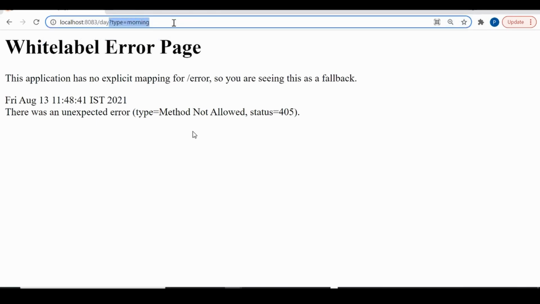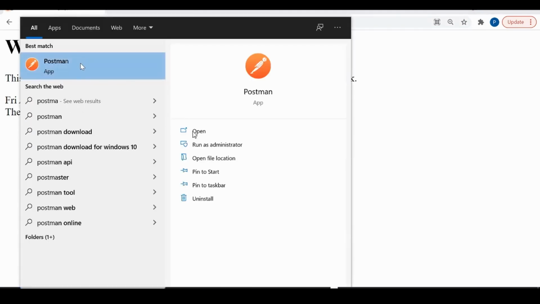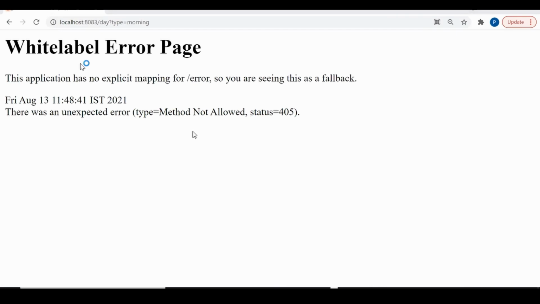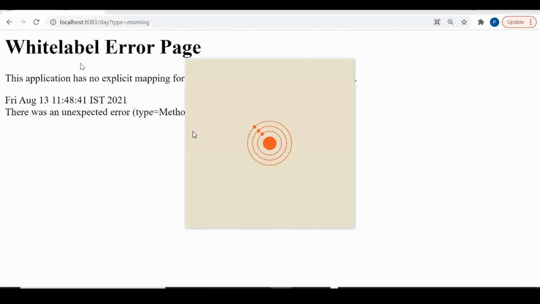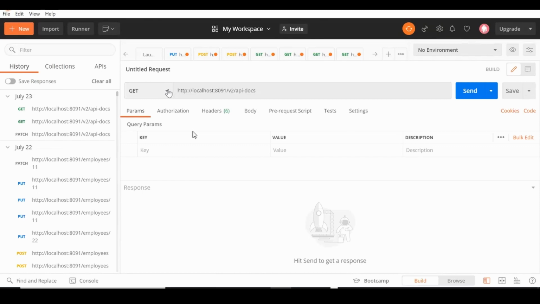So type I need to pass as a body parameter, and in such cases I definitely have to take the help of Postman or some other third party tool like ARC, that is Advanced REST Client, or RC, that is REST client tools. So this is one of the REST clients which I can use. So I should remember that I have to call here